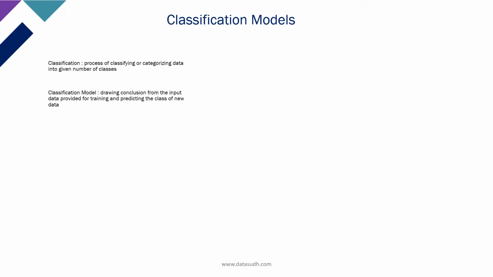We have three types of classification. First is binary classification. Binary classification is the one where our target variable has only two classes and it needs to predict either one of the two. Second is multi-class classification. This is where your target variable has more than two classes and at a time each record corresponds to one class. The third is multi-label classification. This is where you have multiple classes but a record is mapped to multiple outcomes at a time.